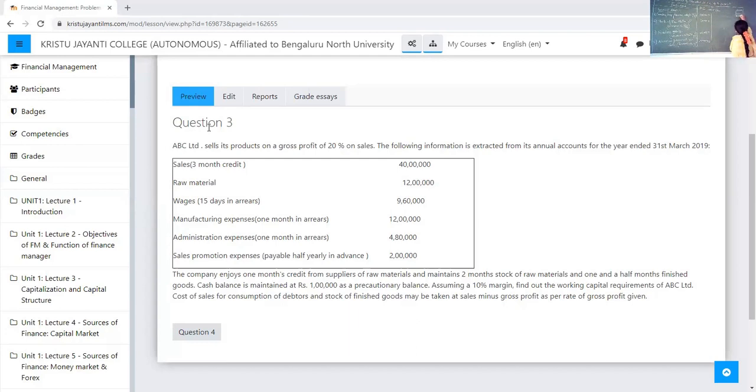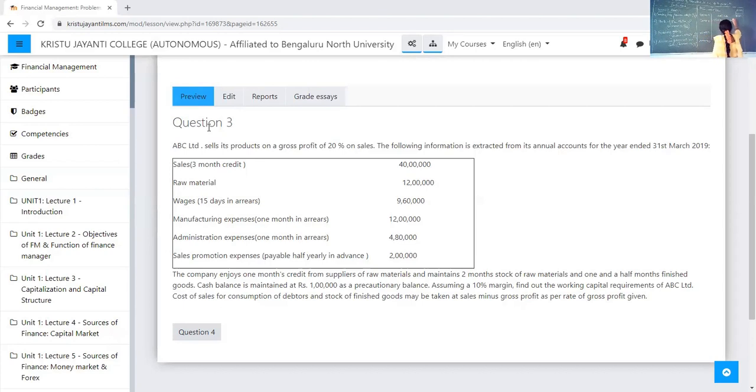Ma'am, why are we taking cash? Apart from sales in terms of cash, the cash balance would be encountered. When it comes to sales, cash sales is ignored for estimating working capital. We would take only credit sales. But if they say cash balance is maintained by the company, we would take the cash balance. Therefore, in the format itself, the fifth asset given is cash and cash balance. So the total current asset is 16 lakh minus current liability according to the format.